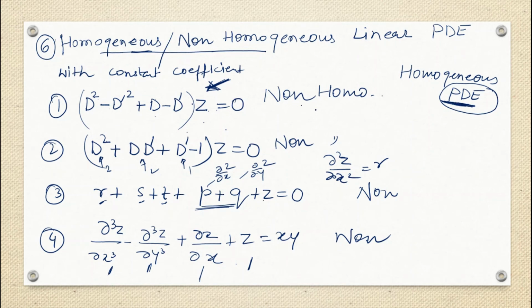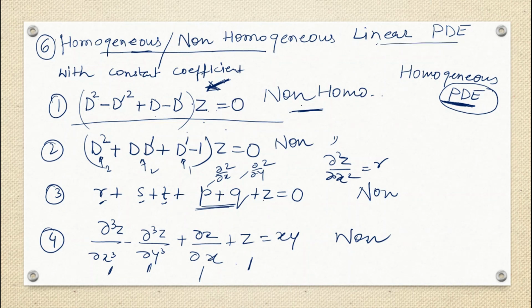But this differential equation is non-homogeneous with respect to linear partial differential equation with constant coefficient. You are not just talking about general PDE. We are discussing a subset of PDE. We have to move on to find the solution of linear PDE with constant coefficient. In the next class we are going to see the direct integration method, which is used to solve the non-homogeneous linear PDE with constant coefficient.